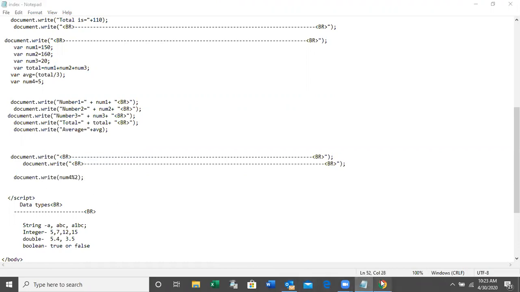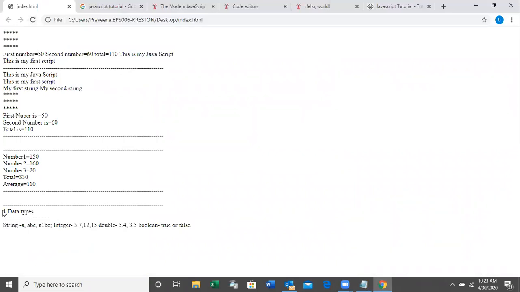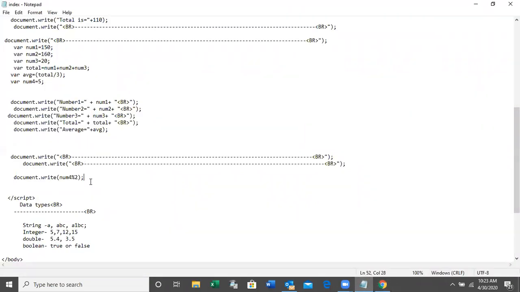See here, right? This is the output data type. Plus br. For your understanding, I'm changing this one, document.write. Say num4 modulus 2. This is just a string. It will display as it is, right? Num4 modulus 2 equal is just a string.